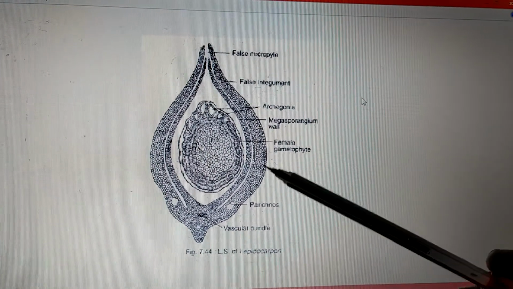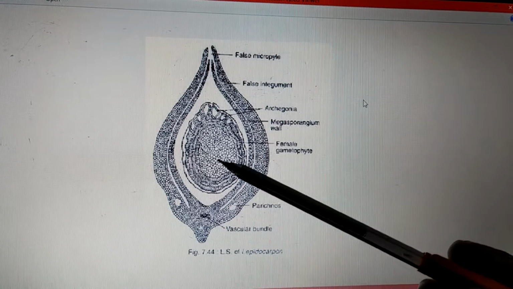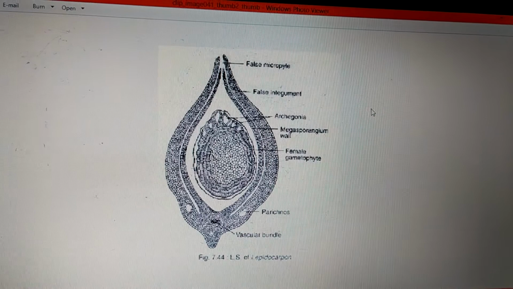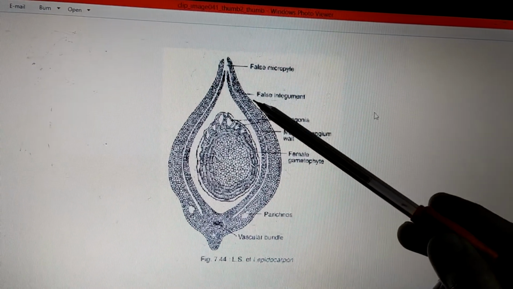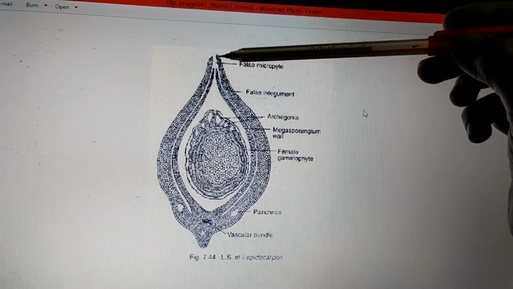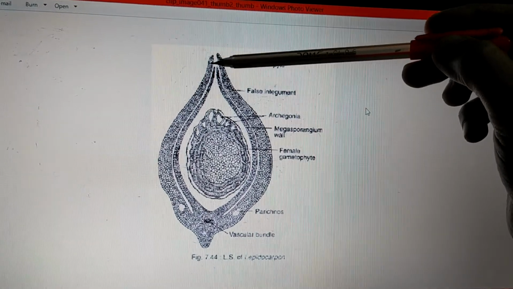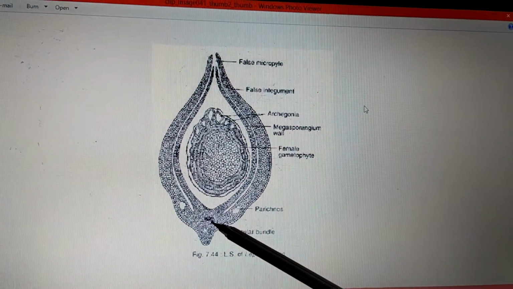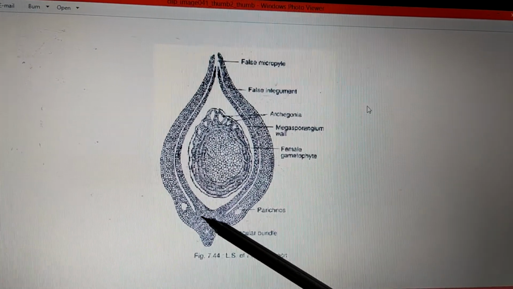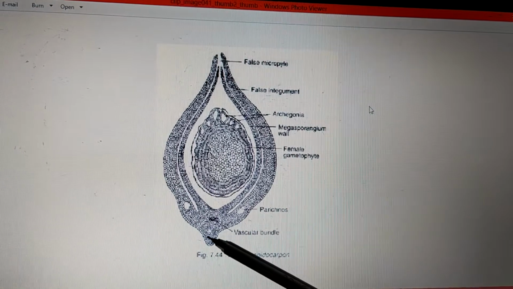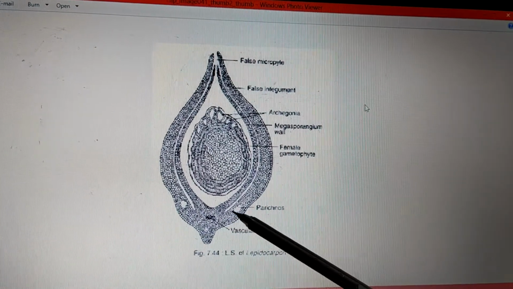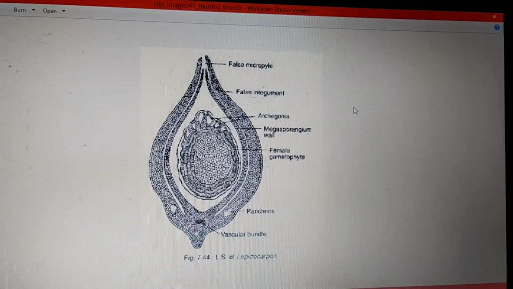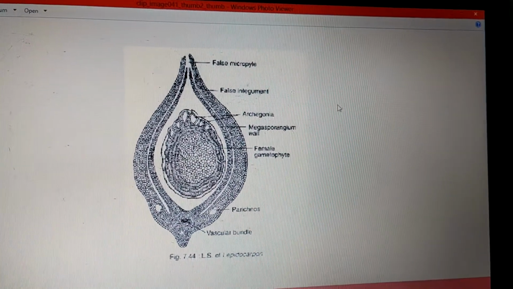The megasporangium at maturity encloses a large megaspore. The megasporophyll tissue below the sporangium has developed this false integument, which is open at the tip, forming what is called a false micropyle. There is a vascularization also at the basal region, at the base of the megasporophyll, with two lateral pericorns suspended. So we can make out here two lateral pericorns, one on each side of the vascular bundle.